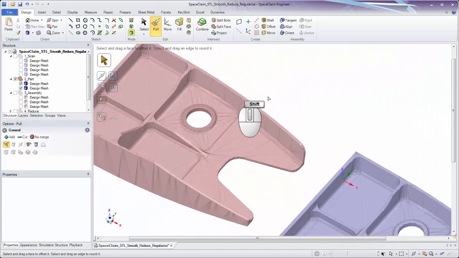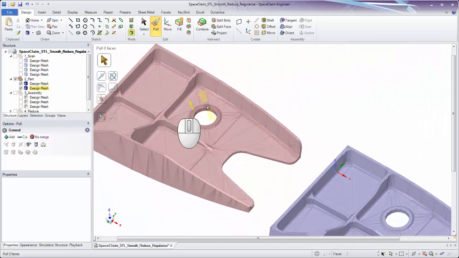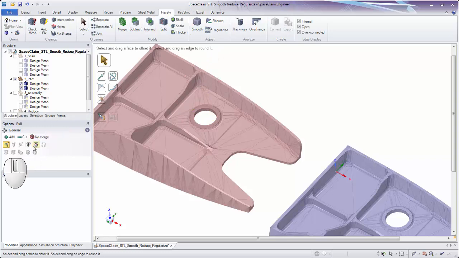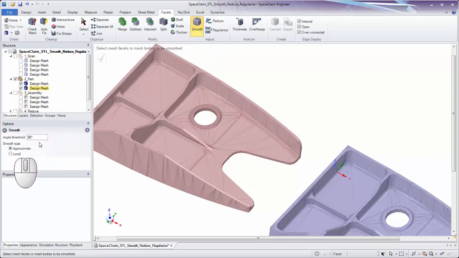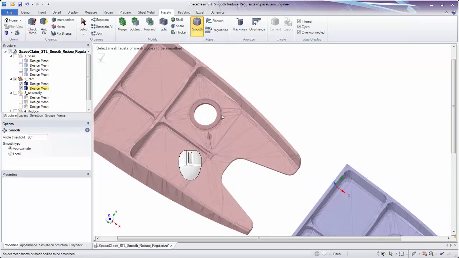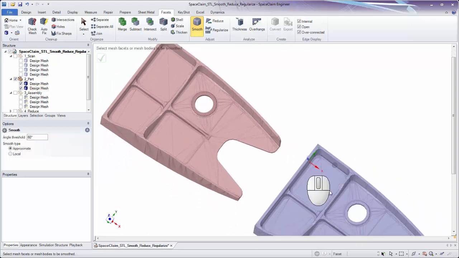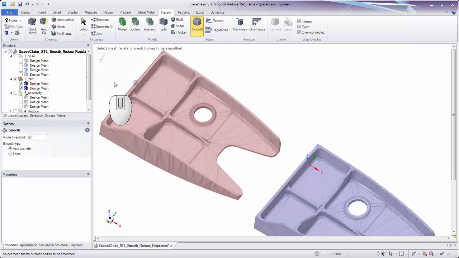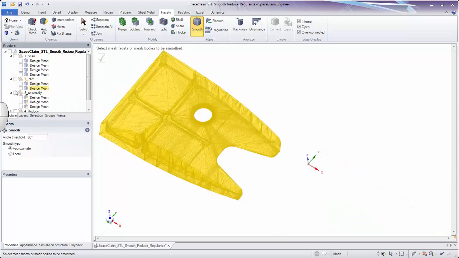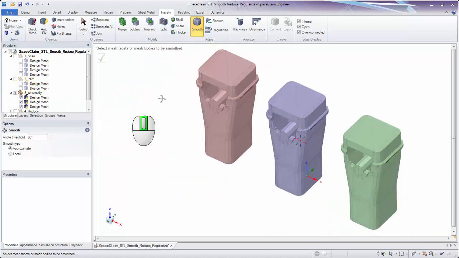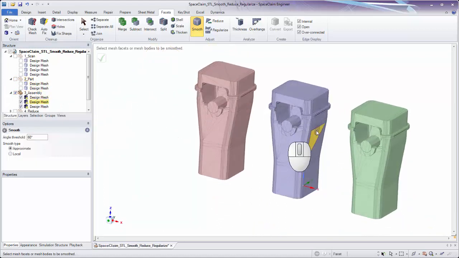But here I just wanted to show the ability to locally smooth out using the approximate option in order to add facets selectively on a part instead of on an entire part. Next, let's go ahead and hide part 2 and show part 3 assembly. Now here we have an assembly,